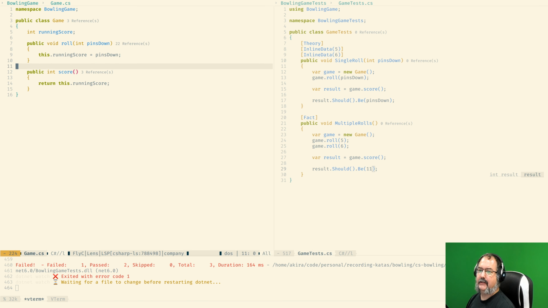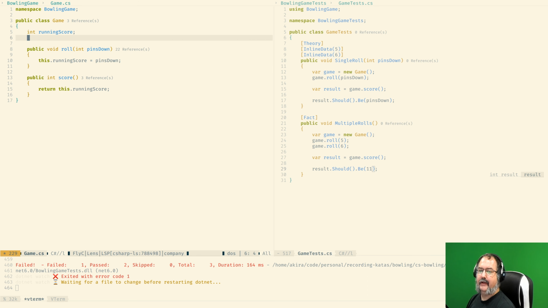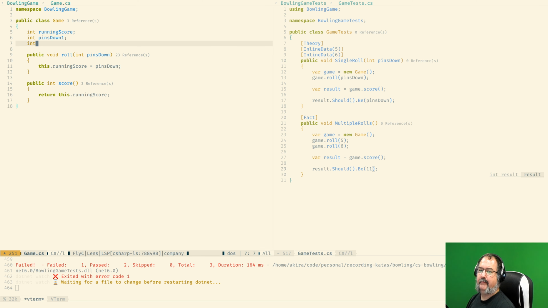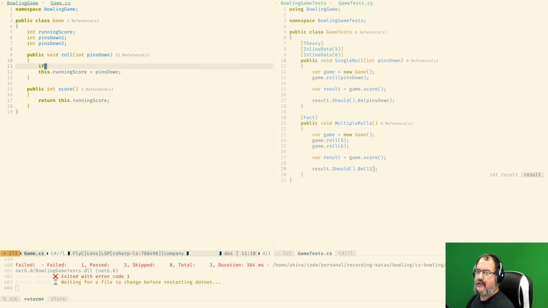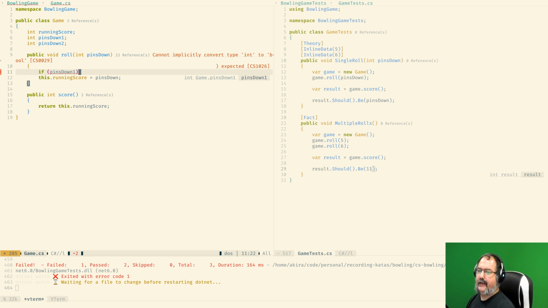One is that instead of running a score, I could have pins down 1, pins down 2, and then have a checker here if pins down 1 is bigger than 0.